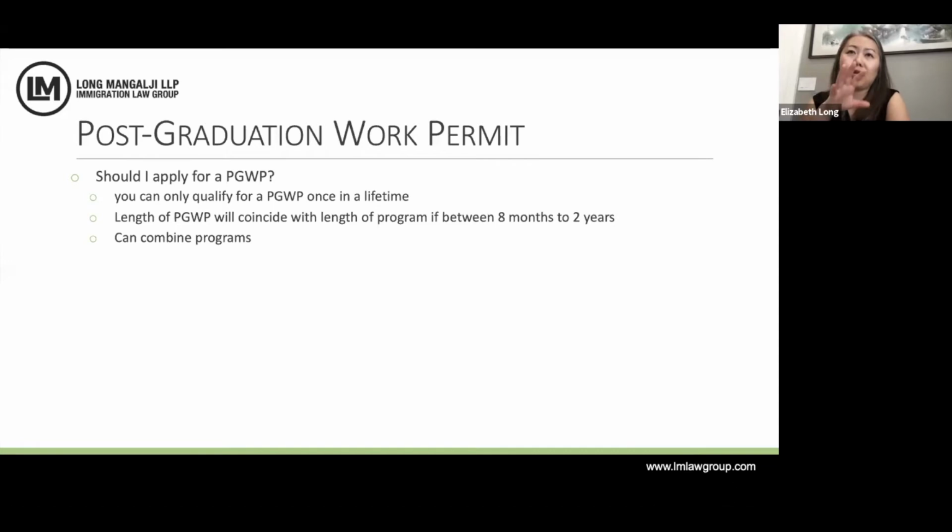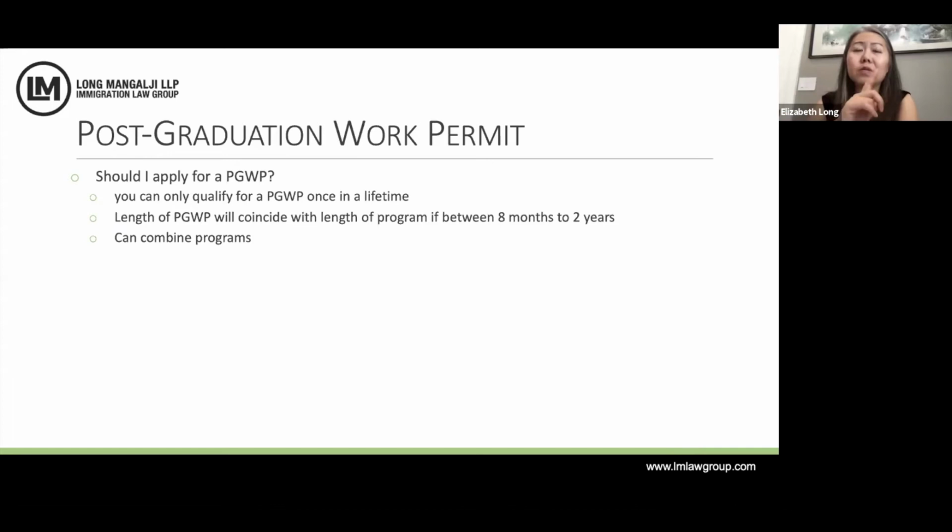Before you do that though, you really have to think about it. If my ultimate goal is to stay in Canada and get permanent residence, am I going to be able to get it with just a 1-year work permit? Maybe you need 1-year work experience in Canada in order to have a good chance to get it. And maybe during COVID time, it's really hard for you to find that high skill job. If you can't, then after your postgrad work permit expires, it may be very, very difficult for you to be able to get another work permit afterwards.